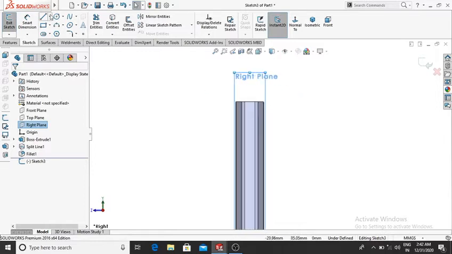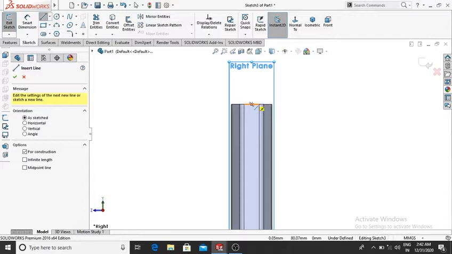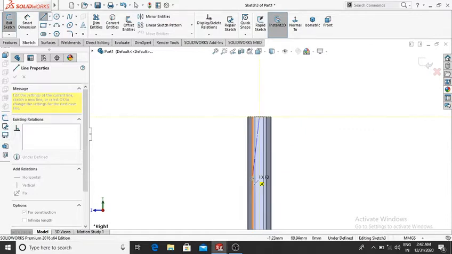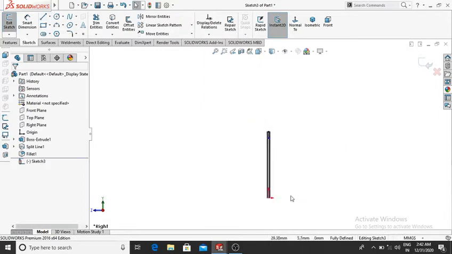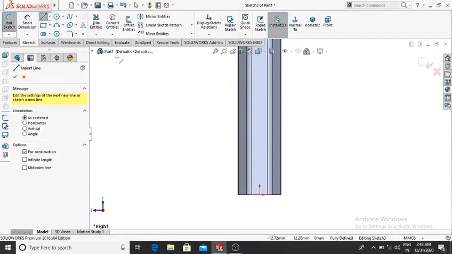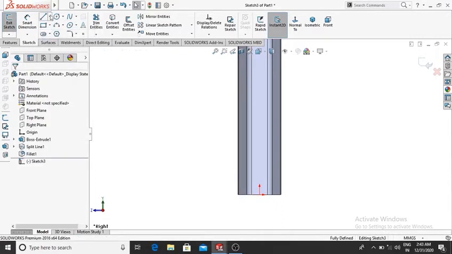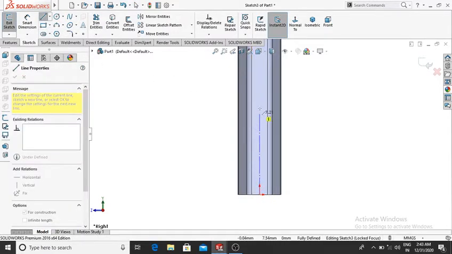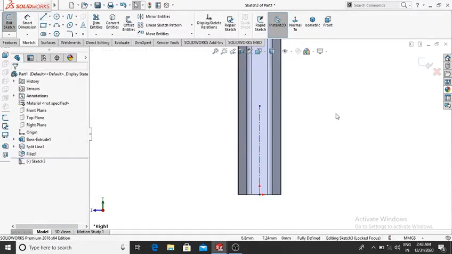Here we make the center line from this point up to this one.